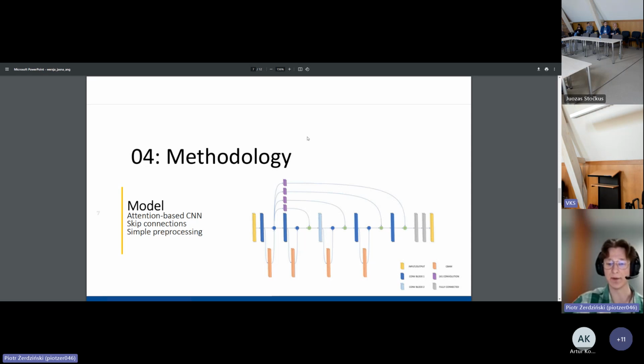Thus, in our case, the model ignores the background in favor of specific fish features. Additionally, a mechanism of skip connections was utilized, which allows the network to preserve low-level features while also combining them with the higher-level abstractions. This can lead to a richer and more informative representation, improving the overall performance of the network. Skip connections were added to the presented architecture, inspired by DenseNet, but only for the first layer, as it's the only one connected to each subsequent layer. Originally, DenseNet had outgoing connections from each layer.